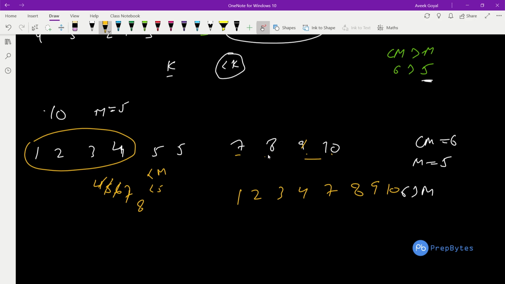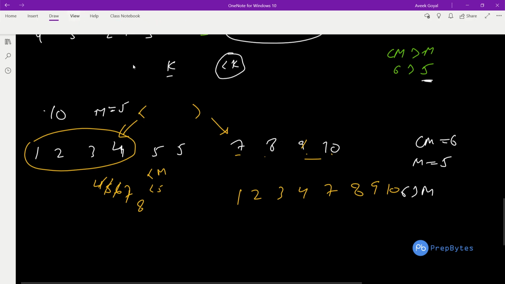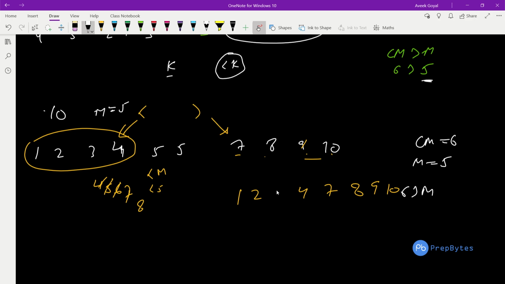If we are talking about the max property, the lesser elements are definitely needed, and the greater elements are the options. If you do not choose some value that is less, say you remove 3, then in this particular scenario the max is not 5, the max is 3. So all the lesser elements are definitely needed, and the greater ones are the options. But in this question, because we need the maximum length as the answer, we will select all the elements that are less than m and all the elements that are greater than m.